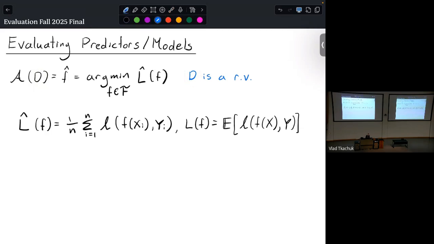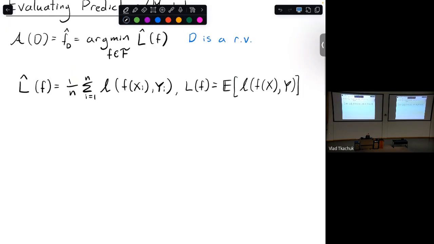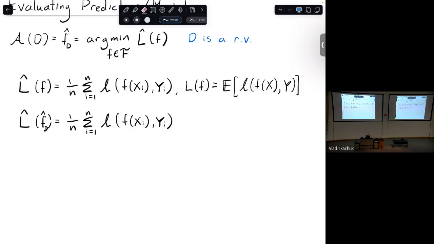And just to make very clear that this f hat depends on the data set, that if the data set changes, f hat changes, I'm going to subscript it with D from now on to make clear that this predictor depends on the data. And so when we look at a quantity like this, and we plug in f hat of D, well, then the following quantity here,